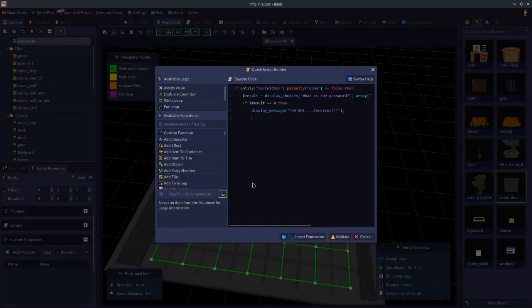Something like that for now. And then you would do an else if $result equals 1. In this case, I'm just going to keep copying this. What if they pick bananas? Well, we'll do the same thing. Incorrect. Else if $result is equal to 2, then